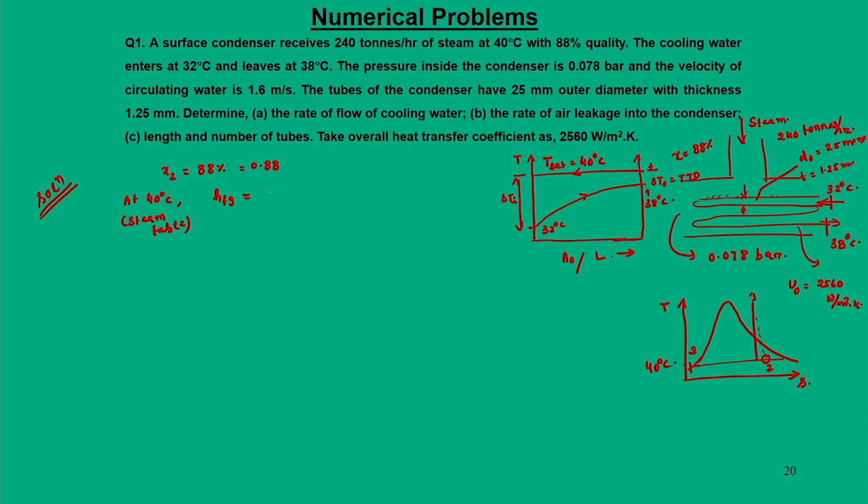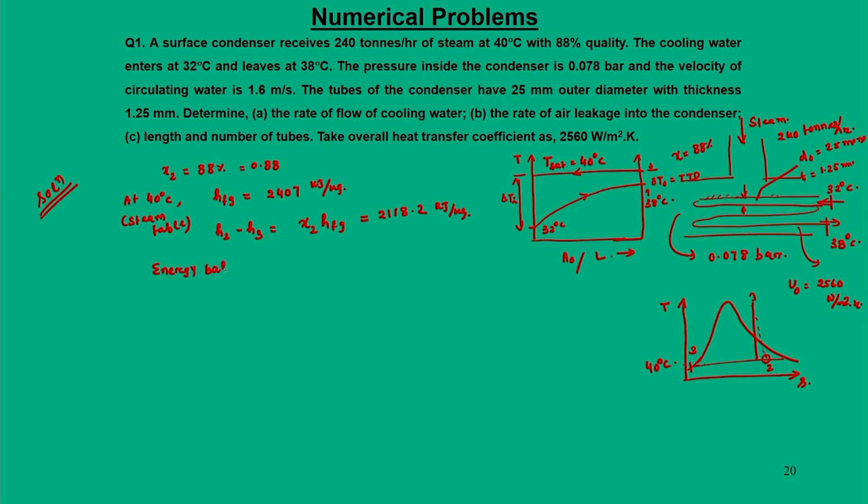So, the HFG value can be noted as 2407 kilojoule per kg, and then we can say what is the condenser load, that is H2 minus H3 is equal to x times x2 times HFG. Both the parameters we know, so we will have 2118.2 kilojoule per kg. Once we know this, we can perform the energy balance